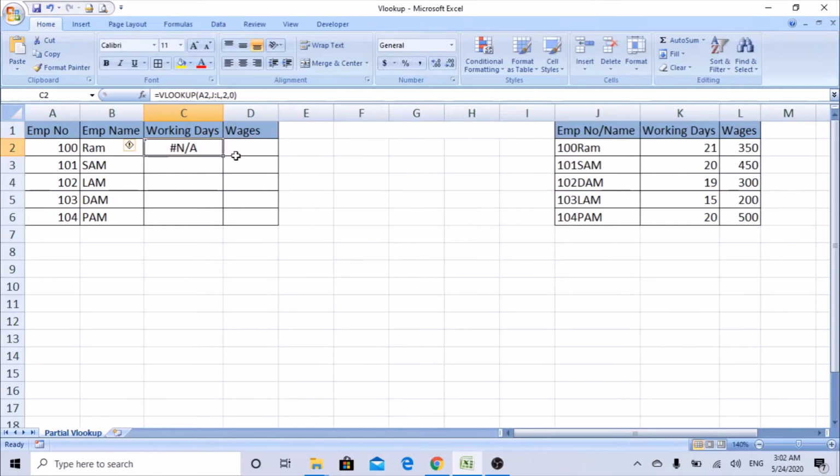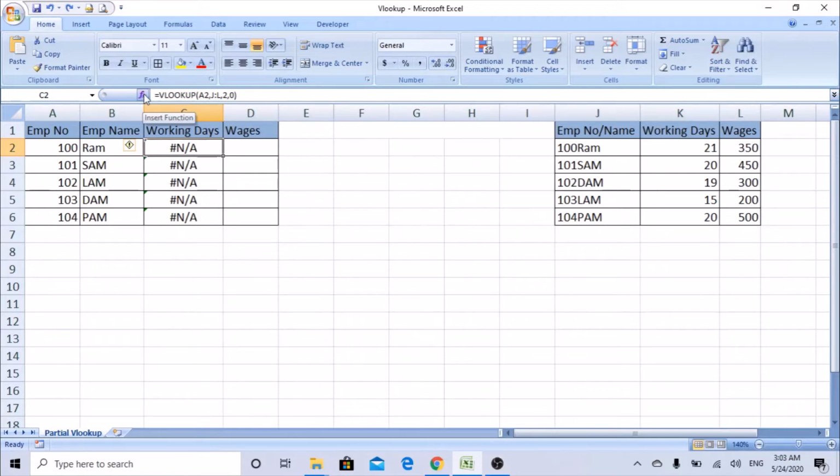So hit OK. Now the values are not picking here. The reason is the VLOOKUP only checks for the particular value. Say if it's 100 here, it will go and check 100 here. If I change it to 100 here, now the values will pick, right? Because the 100 is matching. So anything extra text, anything else, it doesn't understand that criteria. In that case, we can use the wildcard to get the values.